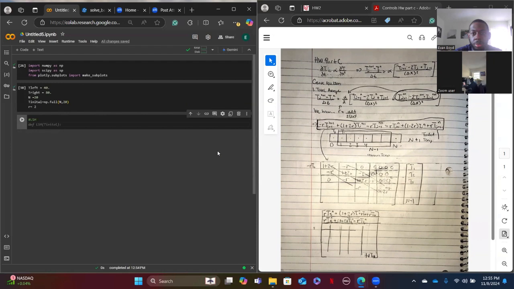So the T J plus 1, a negative R T J plus 1. So we do the first diagonal. Diag is equal to, and this will be the negative R times,